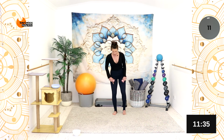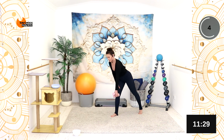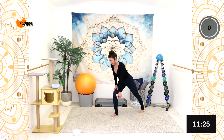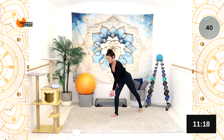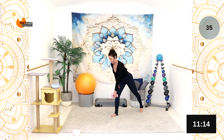Nice job. So now we've got the other leg, supporting leg. Both weights are going to be on one side. And we're going to hinge forward. We're going to row and do a butt kick. So stay in a lunge, slightly lean forward or tip forward. As you bring your heel up to your butt and you row that elbow